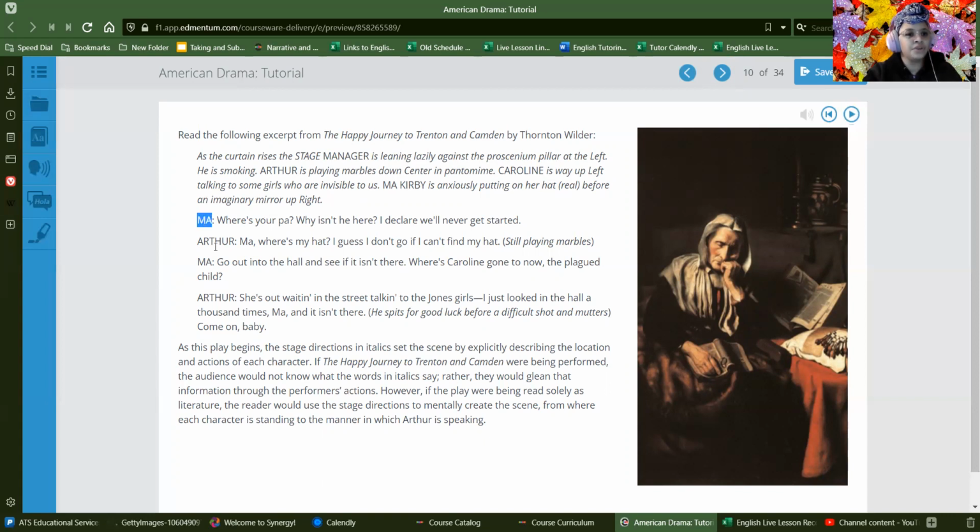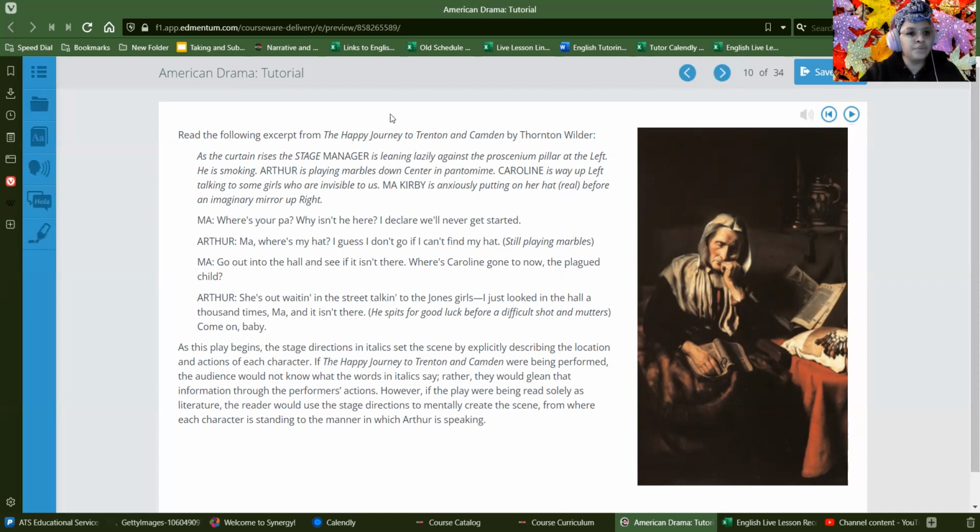The names of the characters are usually in capital letters so that they can't be mistaken for lines that you're supposed to say out loud. They do that on purpose to stop there from being issues with people reading. And it works pretty well. Usually if it's in capital letters, you know for sure it's not something you're supposed to read out loud. People don't talk out loud in capital letters.